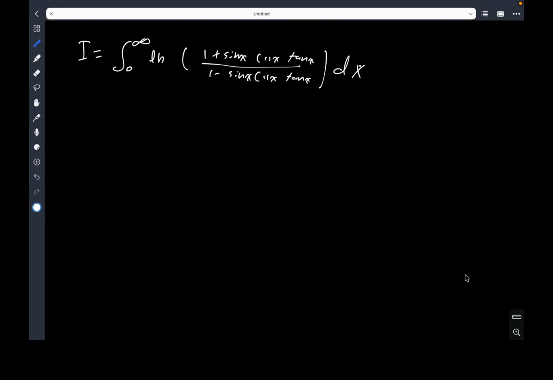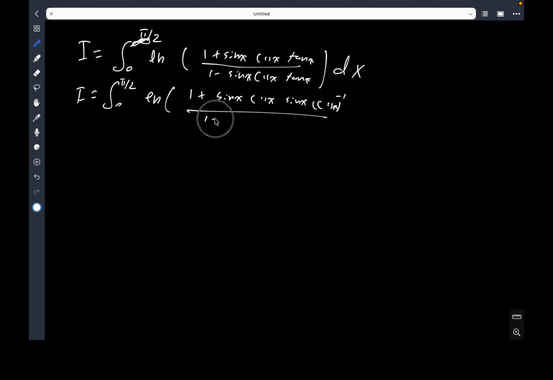In this video we're going to see how we should solve this integral from 0 to pi over 2. Actually, it should have been pi over 2 of ln of (1 plus sine x cosine x tan x) over (1 minus sine x cosine x tan x). So first, I'm going to expand this and write it in a better form using trig identities: sine x, cosine to the power of negative 1 of x, divided by 1 minus sine x, cosine to the power of negative 1 of x, dx, which is